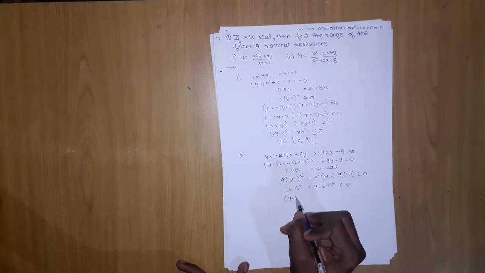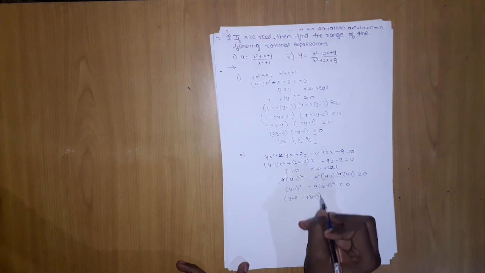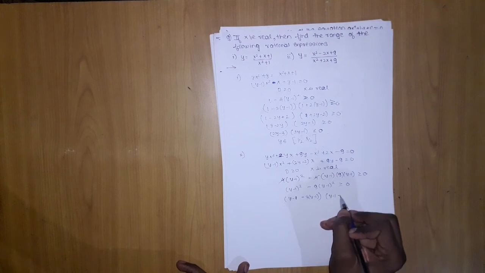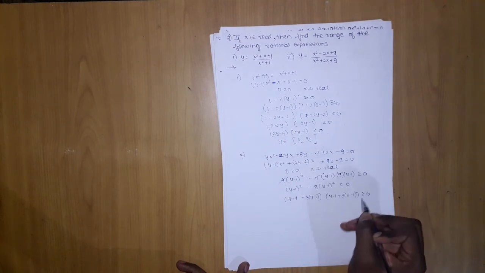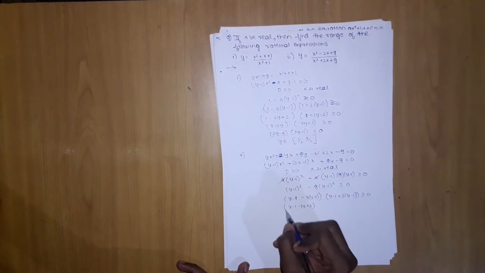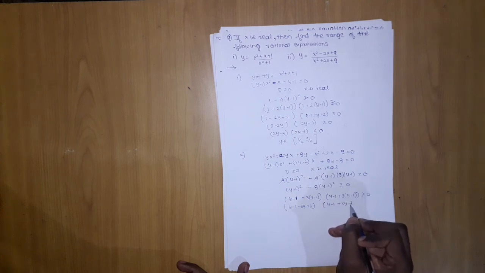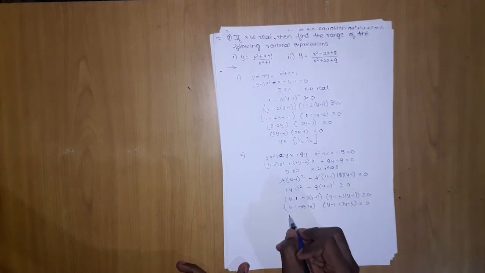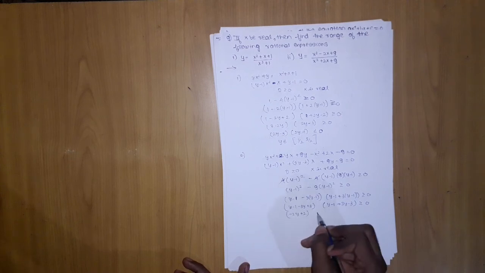So y minus 3 into y minus 1 over y minus 1 plus 3 into y minus 1 should be greater than equal to 0. So y minus 1 minus 3y plus 3, or y minus 1 plus 3y minus 3 should be greater than equal to 0. What are we getting? We are getting minus 2y plus 2, and from here we are getting 4y minus 4